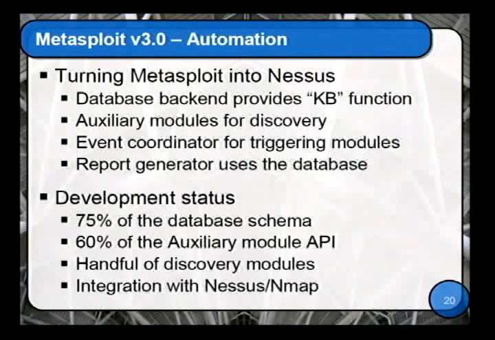So kind of where this leads is if you want to do a vulnerability assessment engine out of Metasploit, this is how you go about doing it. Create a database backend, create a bunch of discovery modules that are auxiliary module types, a single event coordinator that based on the type of event routes it off to a different plugin or different module, and the report generated based on the database. And we started building this out probably back in February, and it's been going real slow